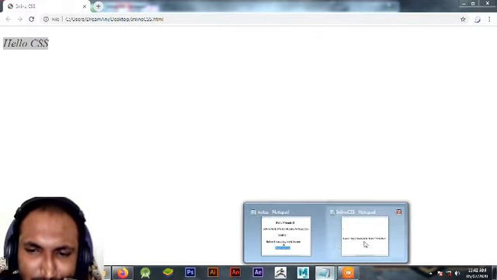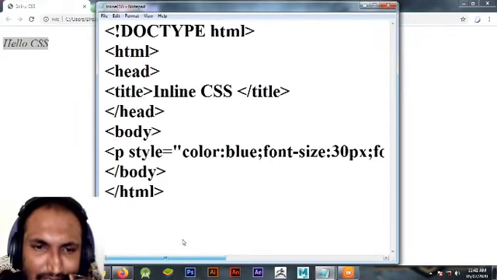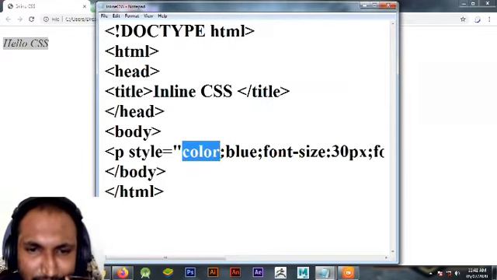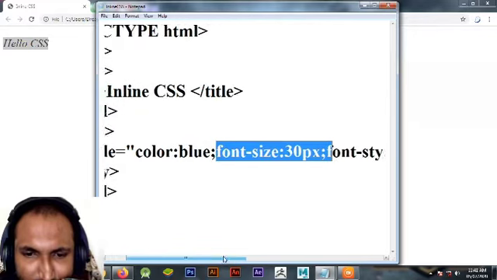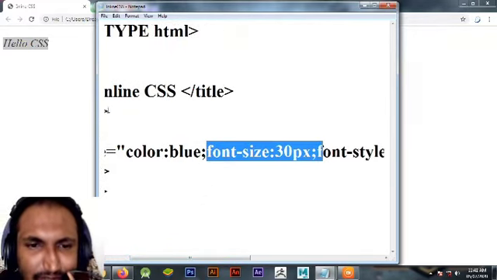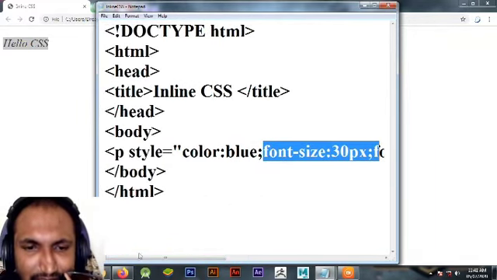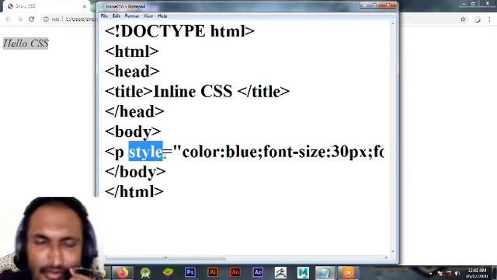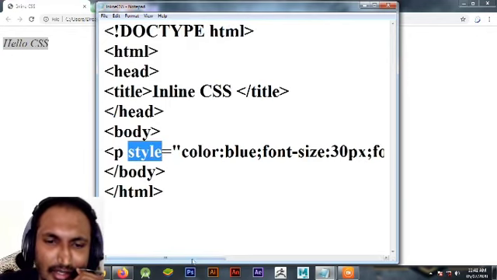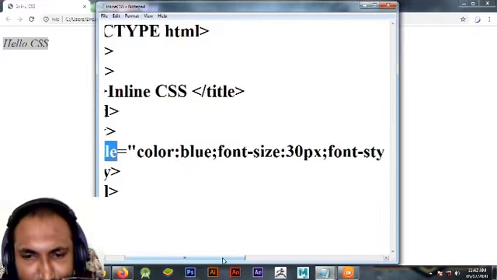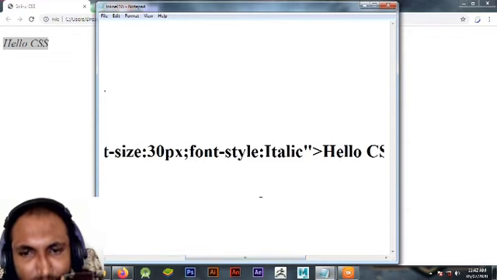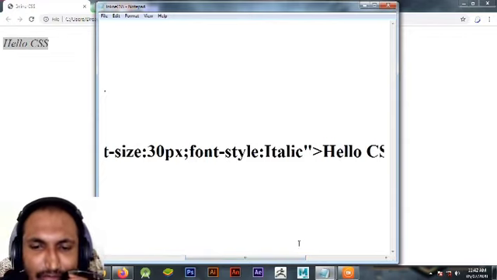So what I want to tell you is that you can use many properties for a single tag in inline CSS in the style attribute as per this syntax: property value semicolon, property value semicolon, and property value.